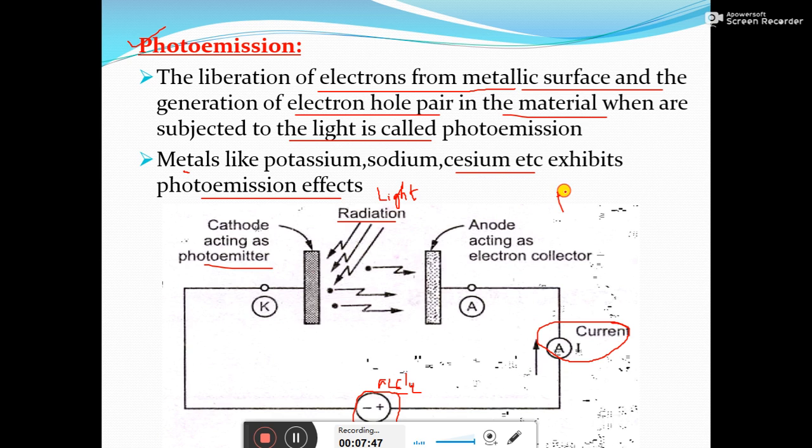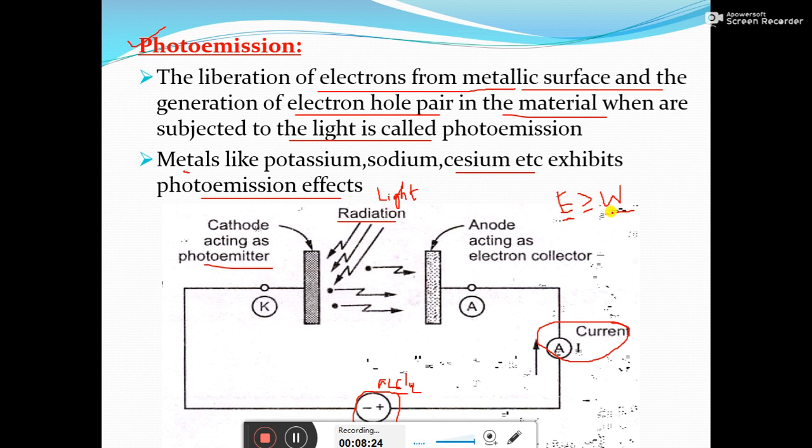Let's say this is the energy of the light rays, or photon energy; it should be greater than or equal to the work function of the material. Every cathode surface or metal surface you use will have its own work function. Work is said to be done whenever we apply force on a particle by some means. If a movement is observed, then only we can say that work is done.